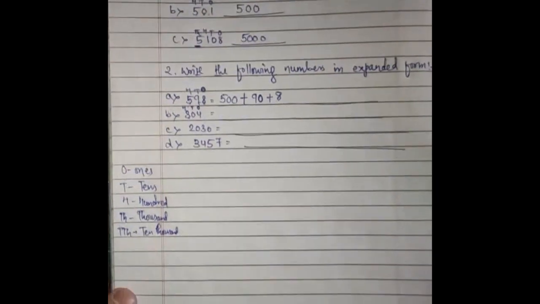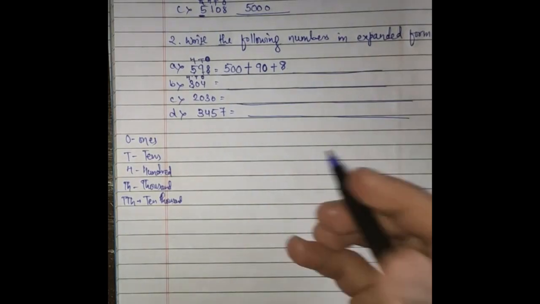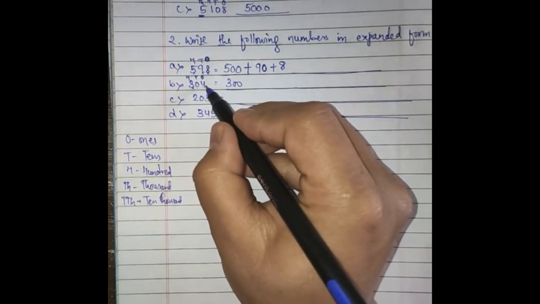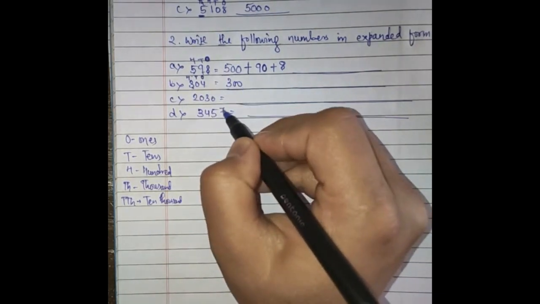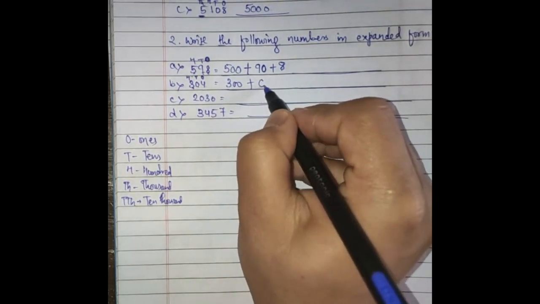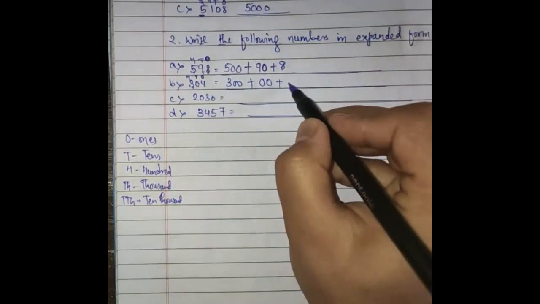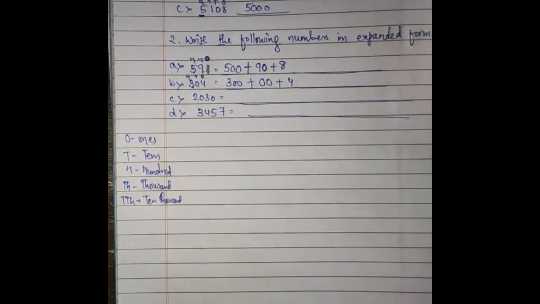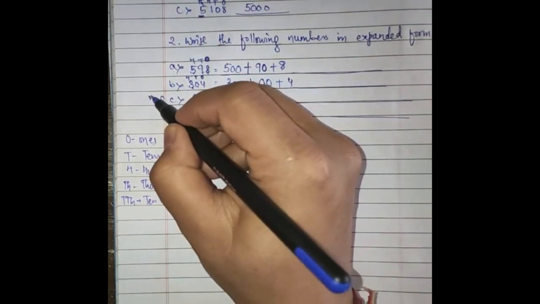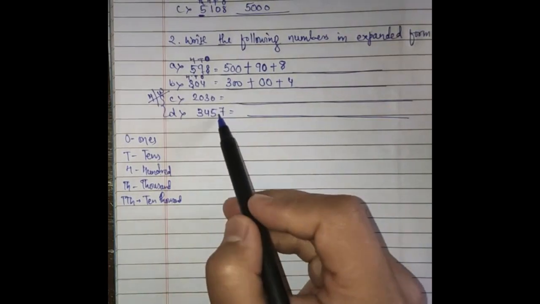Okay. So let us do this one also. We have to expand this. Expand means break. Okay, it is in which position? 100 position though. So write 300. Or after 3, how many digits are there? 2 digits. So 20. Okay. Next, 0 you may write, you may not write. So you may also write 0 plus 4 like this. Okay. So next two will be homework. You will do it yourself. Okay. Home assignment. Alright. So taking the help of this, numbers C and D will be a home assignment.